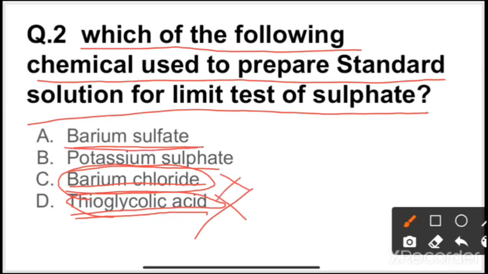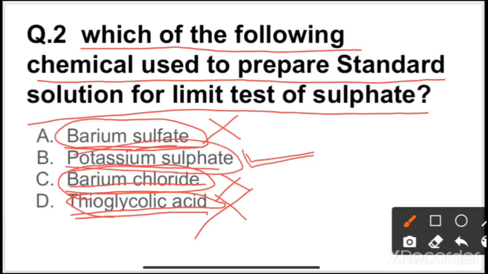Option A is barium sulfate. The barium sulfate is formed as a precipitate at the end of sulfate limit test, so it is incorrect for this question. And option B is correct because potassium sulfate is used to prepare the standard solution for limit test of sulfate. When we discuss the